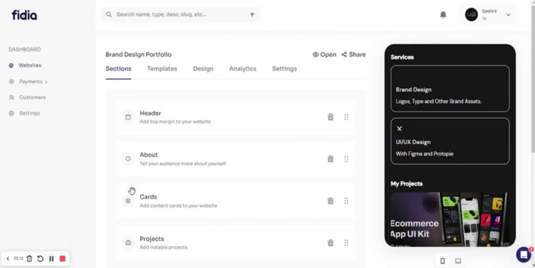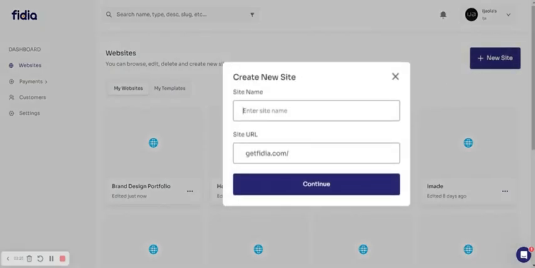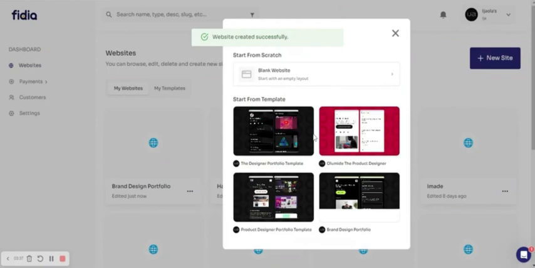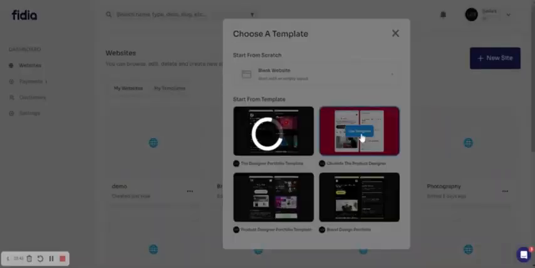There's actually one more way to use templates just in case. You go back to websites, just tap on websites. You'll be taken back to websites. So you can view the list of websites that you have. Tap on new websites, give the website a name, demo. Then we're just going to give this demo XOXO. Continue. Then we can start from templates. I'm just going to select this one here, use templates,